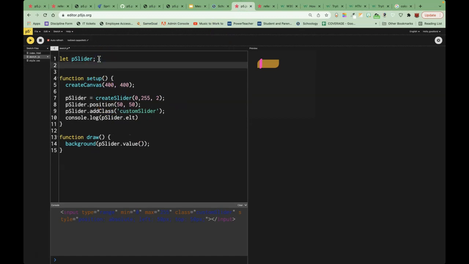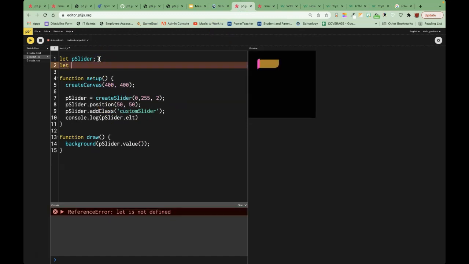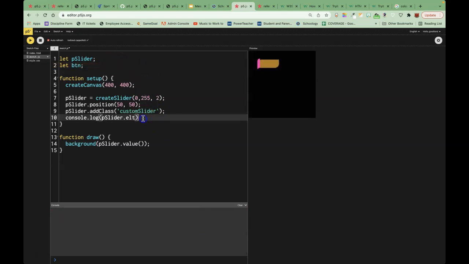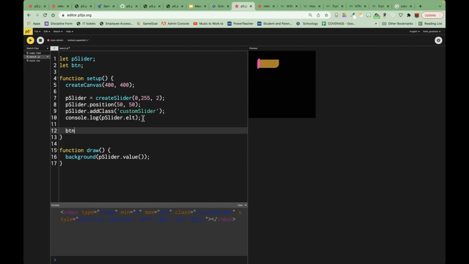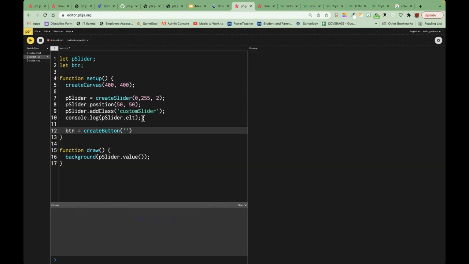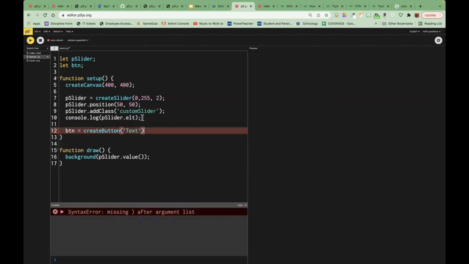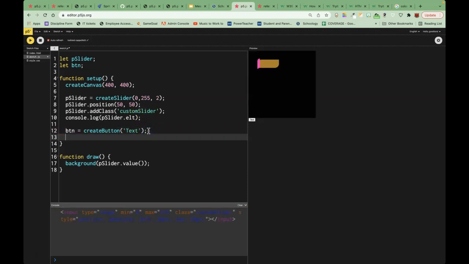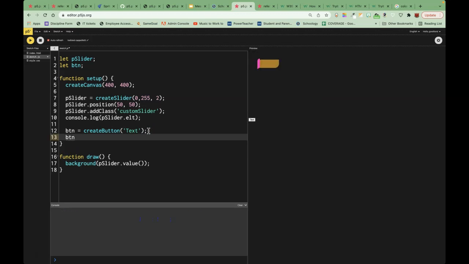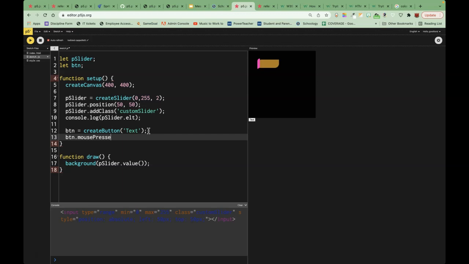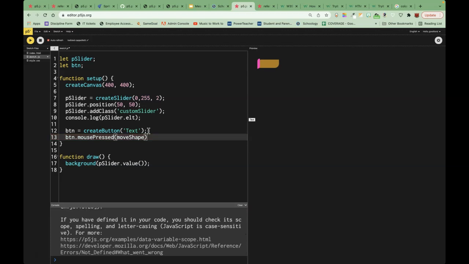Okay, let's go ahead and do a button. Let btn, we'll create a button. btn is create button, and normally with button we have the text. Okay, now again we can do the same thing, but normally buttons have a event listener attached to them, and that's the mouse pressed. Okay, with the mouse pressed, what do we want to do? We want to do something, so maybe we call it move shape, and